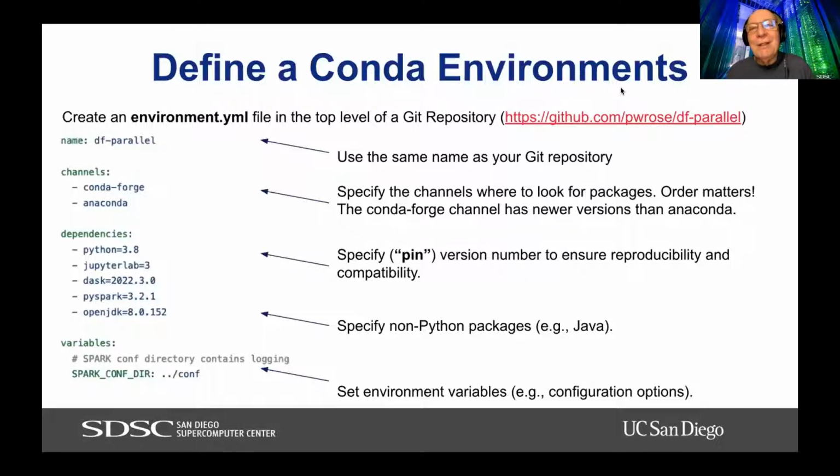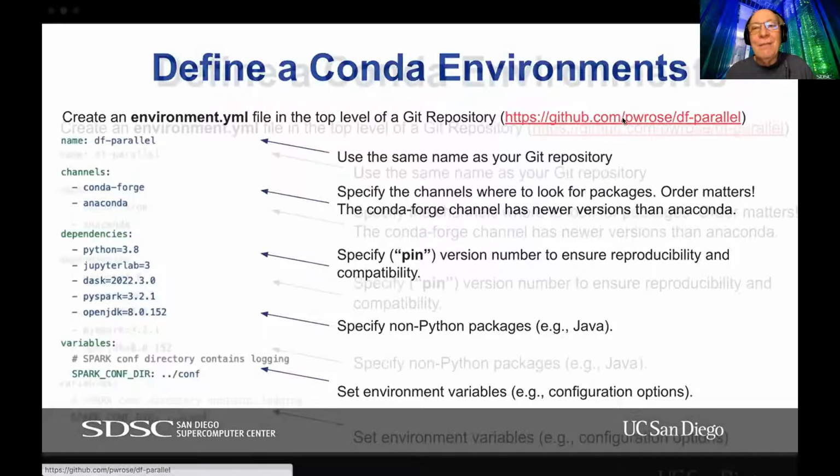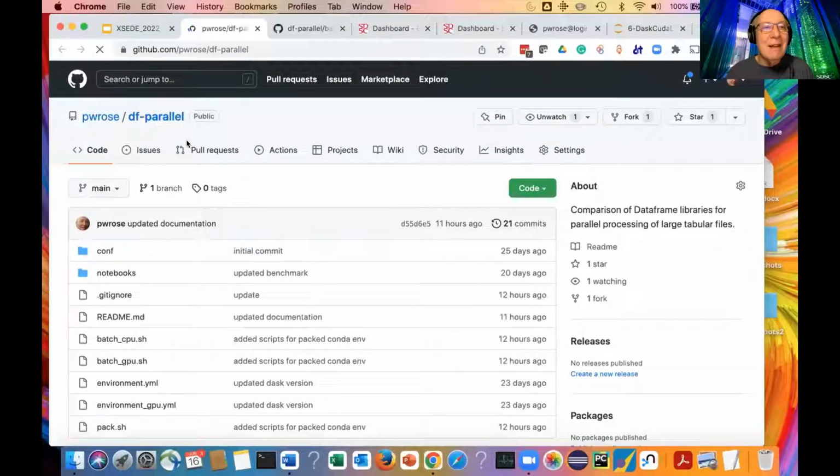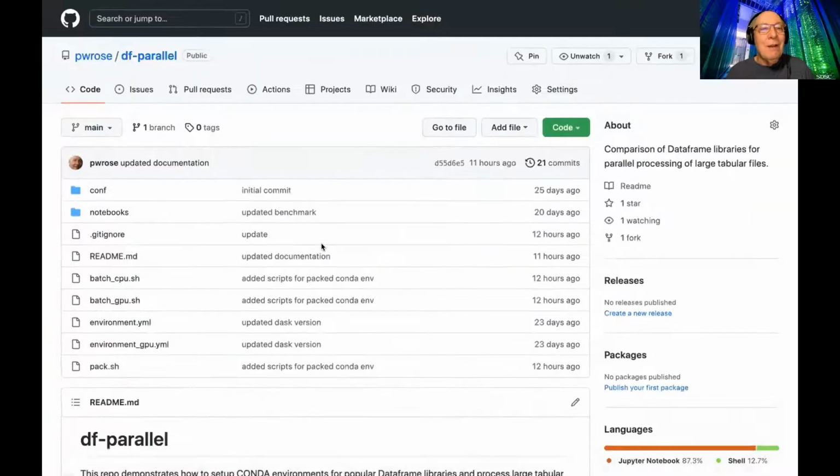GitHub takes care of the version control, and as you probably know, it's a little bit difficult if multiple people work on the same notebook. There are some issues with versioning Jupyter notebooks. There are some tools like nbdime that can take care of that. But you're right, there are some issues with versioning Jupyter notebooks.